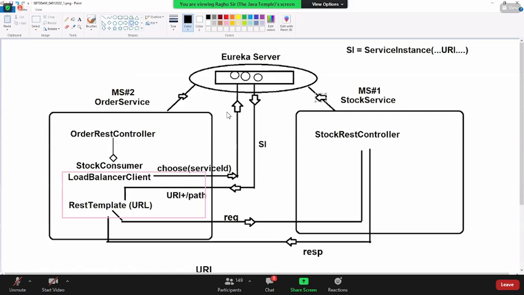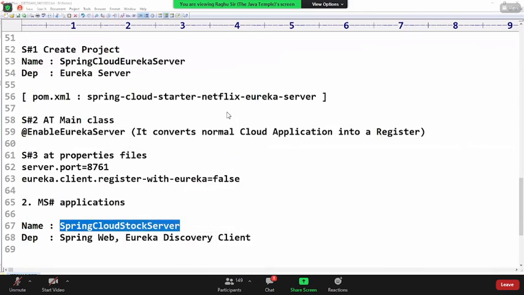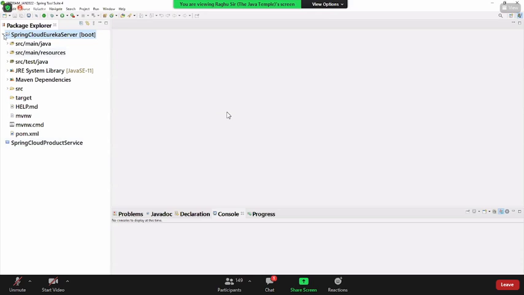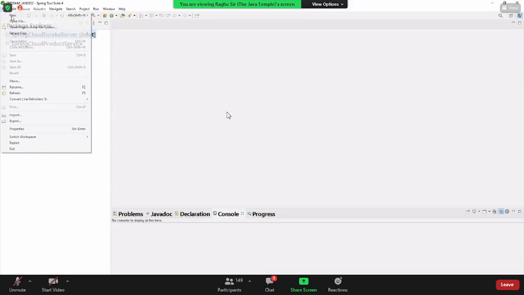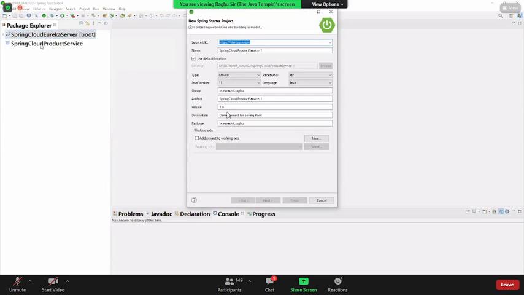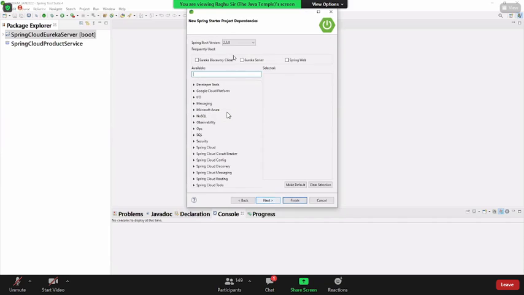It's a stock service; you can give any name here. Same as the product service. Next button, Discovery Client, Web dependency, next and finish.